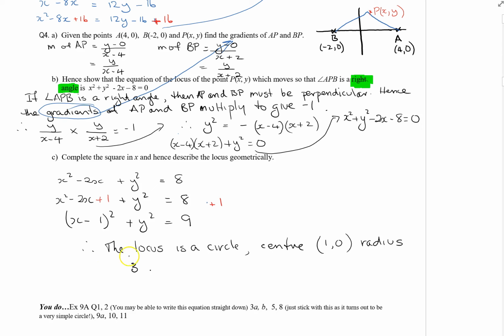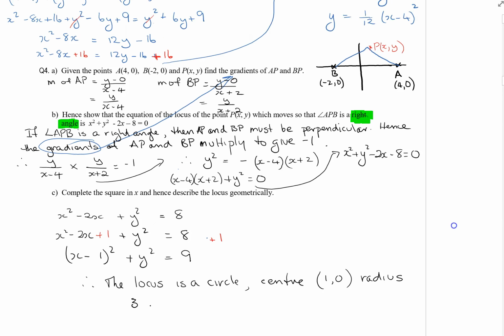So we're completing the square, and yes, we're getting a locus, centre (1, 0), radius 3. And of course you can pause this at any time if you need to go back and work through that yourself and see where all that comes from. I think the interesting thing about this question is that you've probably never come across before the geometrical description for a circle in this format,